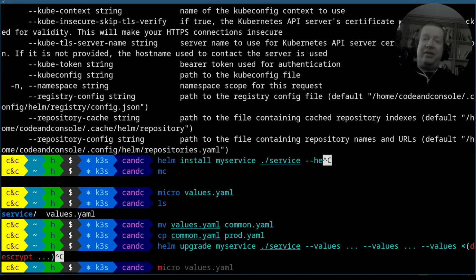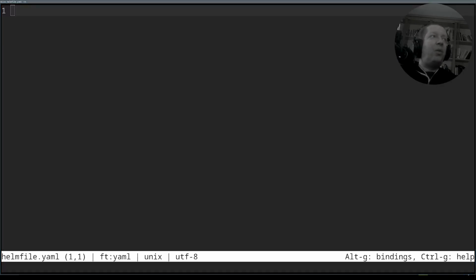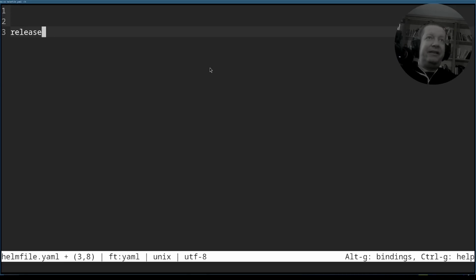And instead of this, we can use Helmfile, which is just a very lightweight layer over Helm. It's just a Go application, but it just assembles all the flags of Helm itself. So what we can do is define multiple releases. I can say that I need a release, and I have my service, and I can define the chart. I can also define